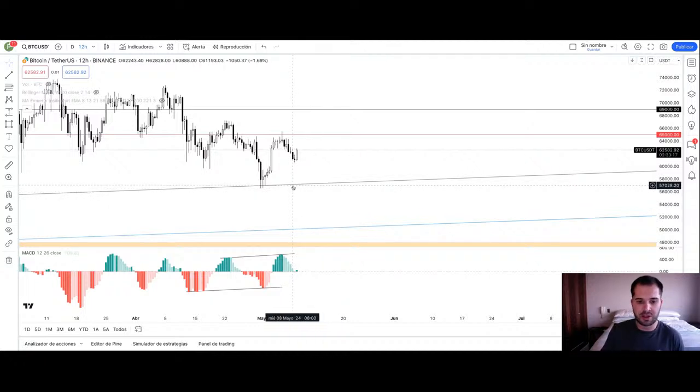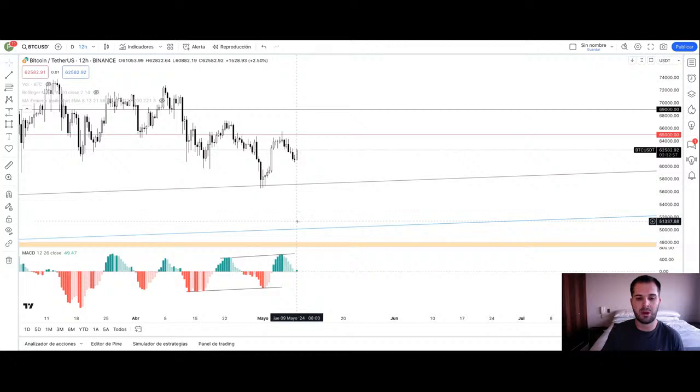That's really good, because obviously you can then roll over and start printing the negative momentum histogram bars, but what I'm seeing right now is a reaction out of possibly support around 61K,